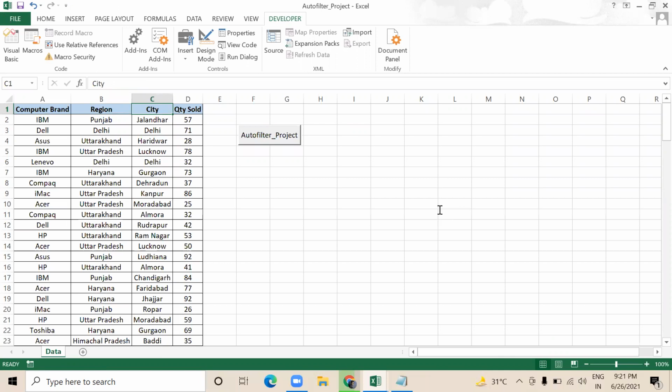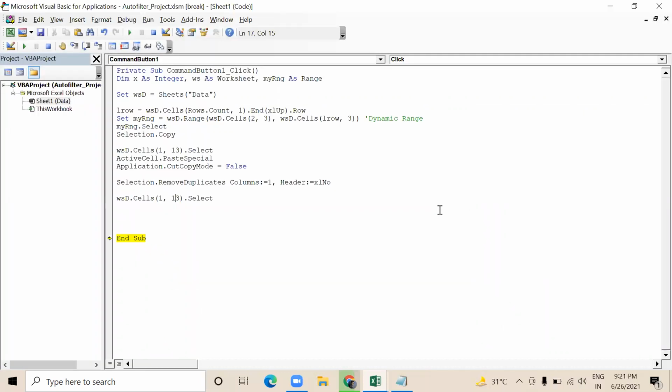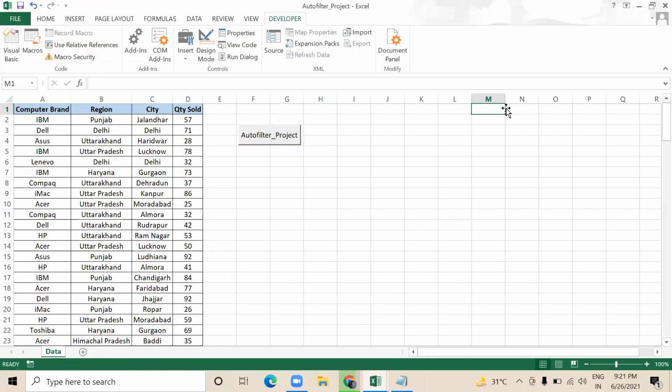So what I will say is 1 comma 3 dot select. Okay, so it will come here. Then I want to say active cell dot auto filter. Okay, field will become 3 and criteria 1 will become the one which I have pasted here.